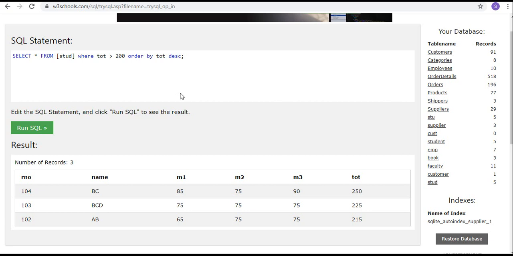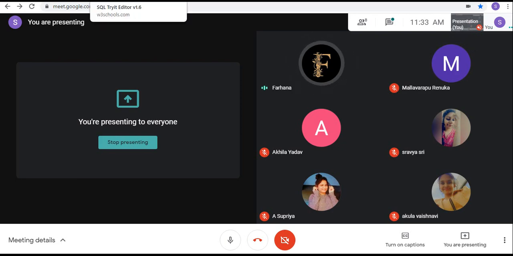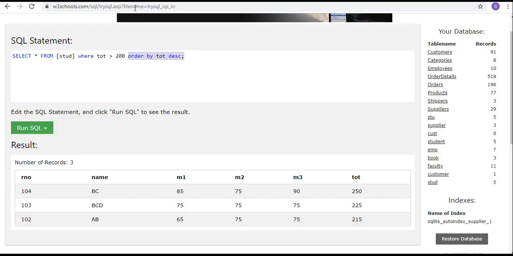Which screen can you see? SQL statement from student where total greater than 200, order by. Yeah. Okay. Sir, after that you have to run SQL now. From that it got stuck, I think.